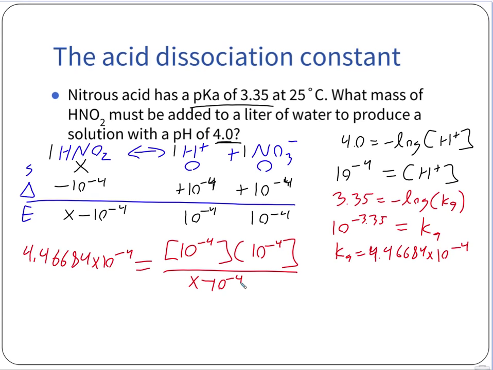And then we're going to multiply x minus 10 to the negative fourth to both sides. So when we multiply it to this side, we're going to end up getting 4.46684 times 10 to the negative fourth times x minus 10 to the negative fourth, here times 10 to the negative fourth here is 10 to the negative eighth. So that's going to be 4.4